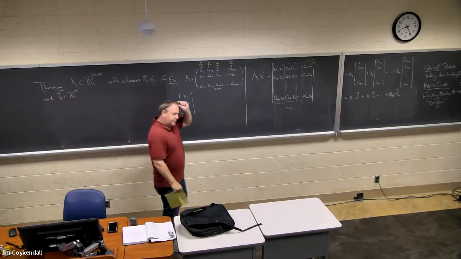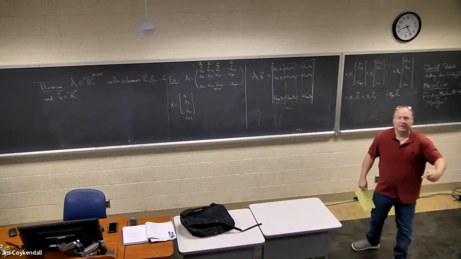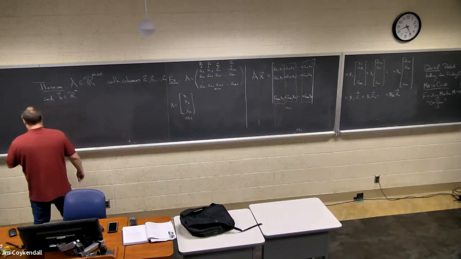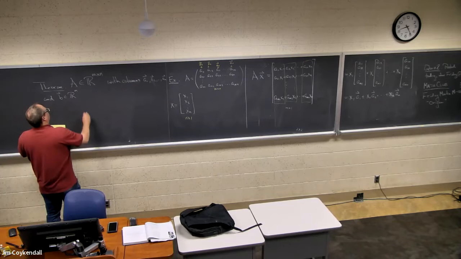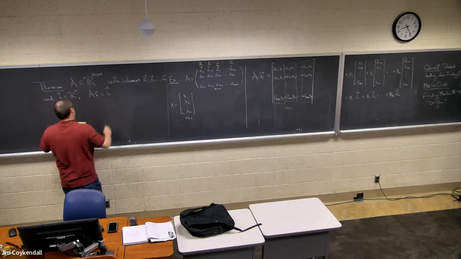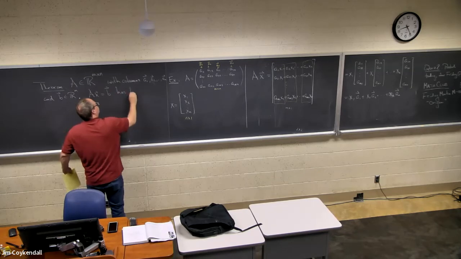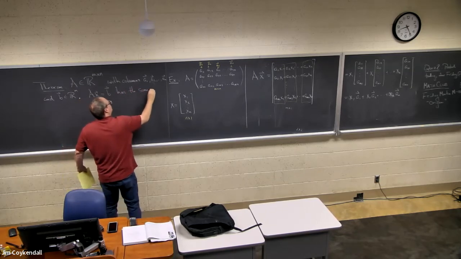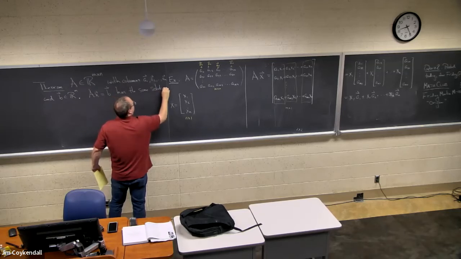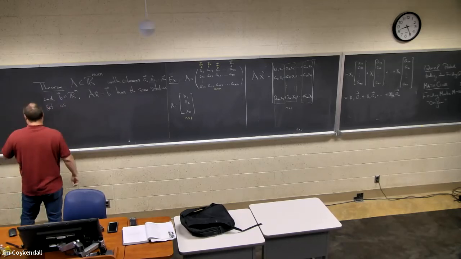And of course, that last bit just means B is a column vector that's m tall. Then AX equals B has the same solution set as